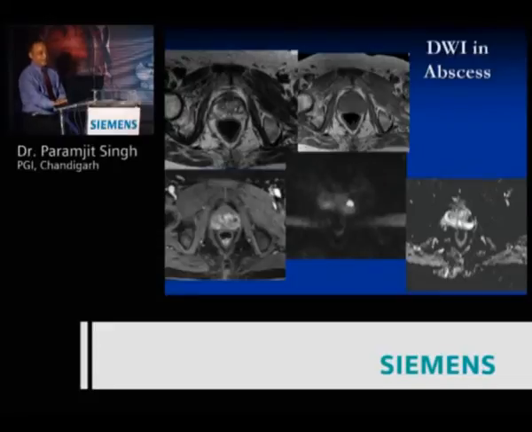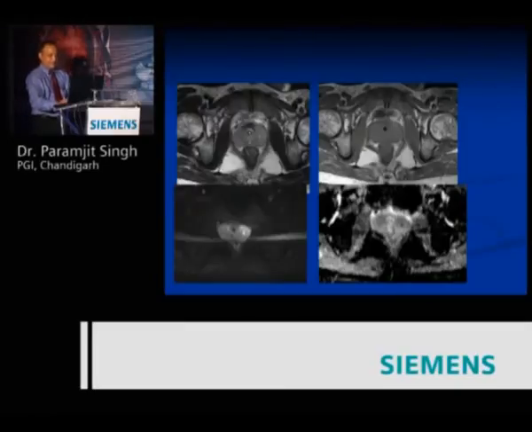And finally, just to show that abscesses in prostate also show diffusion restriction. Here was a case, you can see extremely bright signal on diffusion, and low signal on ADC. And this was very, very low. It was around 4. The value was 4. And therefore, abscesses, although we are normally not doing MR for these patients, these are clinically evident patients where ultrasound is good enough. And another case here.